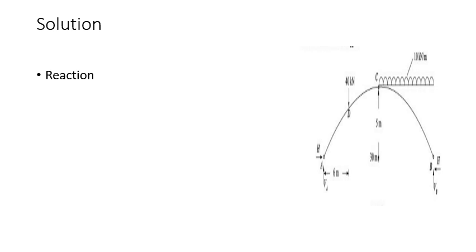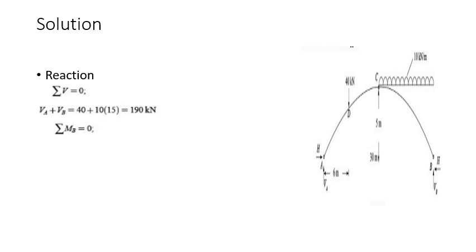As usual, first we have to find the reactions. So apply the conditions of equilibrium. Sigma V is equal to 0. How many vertical reactions? VA, VB and the 40 kilonewton, and the total intensity of the UDL, that is 10 into 15. So VA plus VB is equal to 40 plus 10 into 15. You get it as 190 kilonewton.